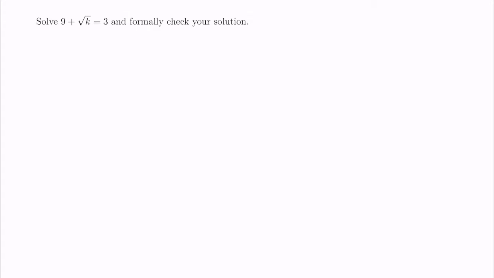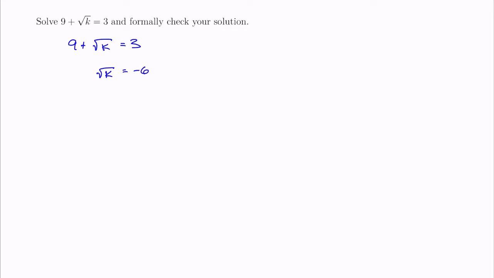So the first step in solving an equation that has radicals is to isolate one radical. In this equation, 9 plus the square root of k equals 3, there's only one radical, and so to isolate it, we're going to subtract 9 from both sides of the equation. When we subtract 9 from both sides of the equation, we will end up with the square root of k